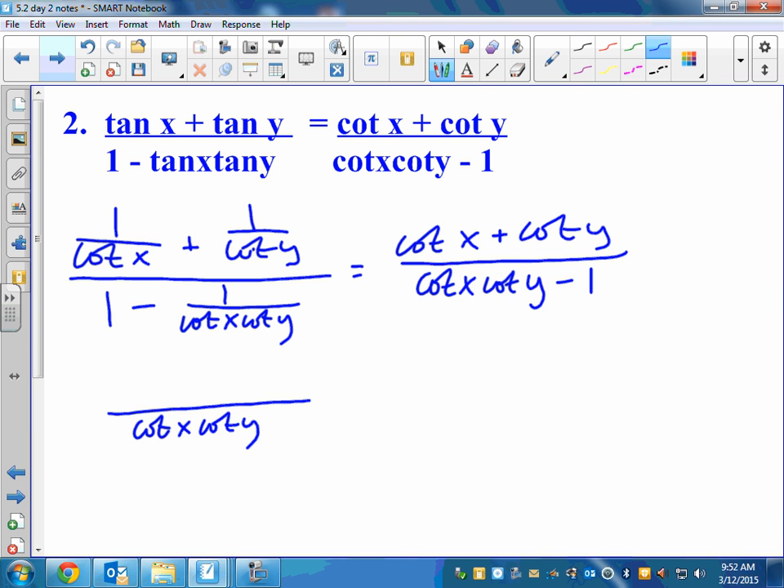So I just need to put this over here, so that would become cotangent y plus cotangent x. So that side needs a cotangent y, and this side needs a cotangent x, all over